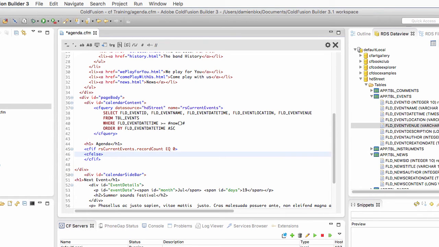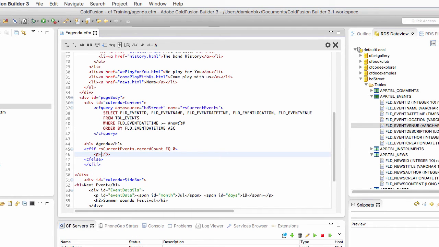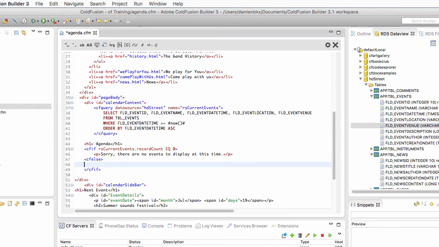So here, before the CF else tag, I will write a little paragraph of text that says, sorry, there are no events to display at this time. But if there are events to display, then I go below the CF else and I will start writing a